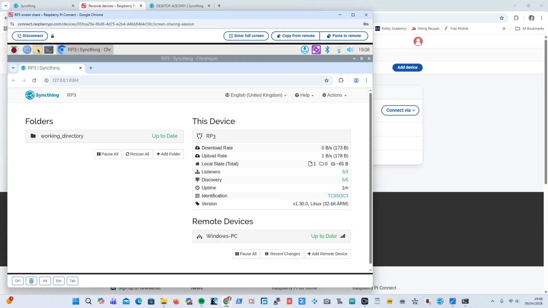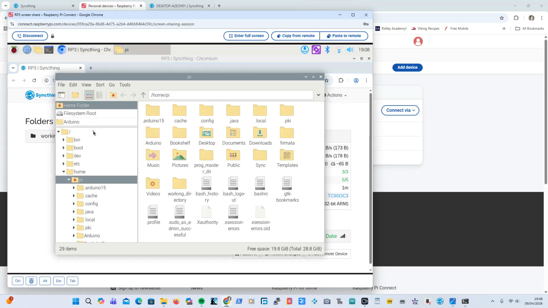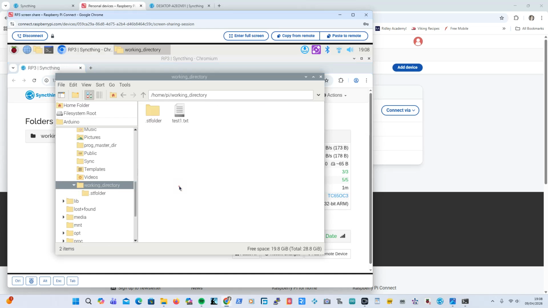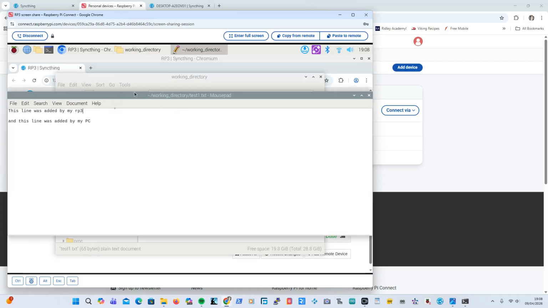So if I go on to files, there's working directory and there's test 1. So if I have a look to see what's in test 1, there, I did that earlier. It just says this line was added by my Raspberry Pi and this line was added by my PC. So if I close that